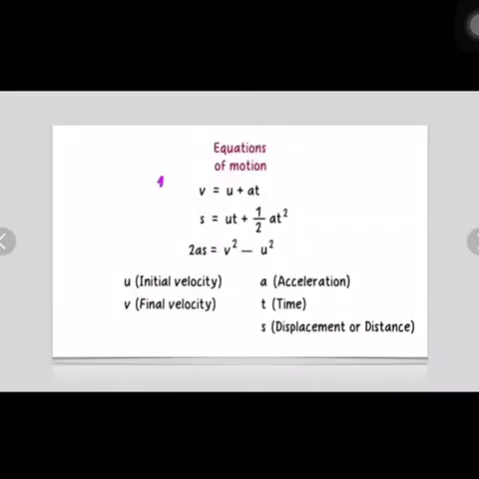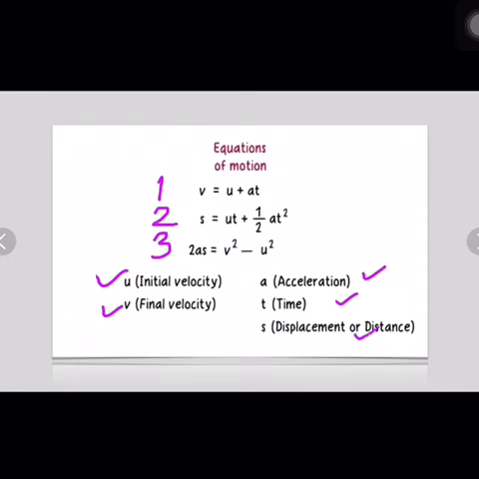So the first equation of motion is v = u + at. The second equation of motion is s = ut + ½at². And the third equation of motion is v² − u² = 2as, where u is the initial velocity, v is the final velocity, a is the acceleration, t is the time taken, and s is the